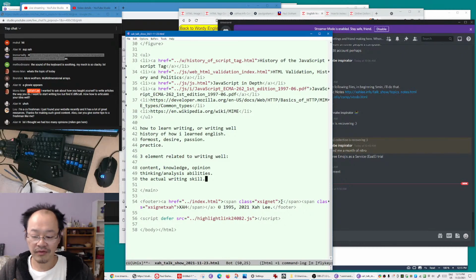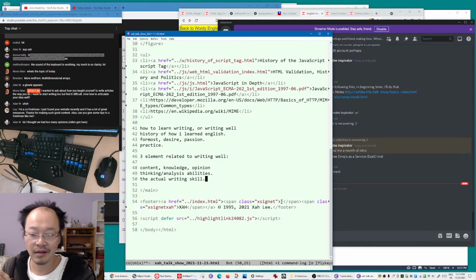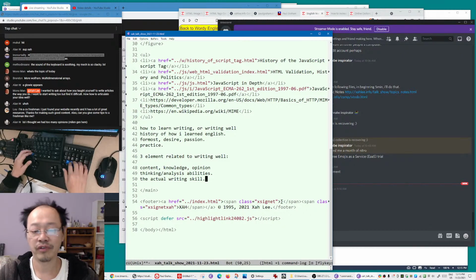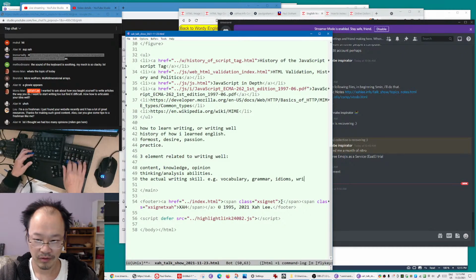So this part involves you have to know vocabulary, you have to know the nuances of the words, you have to know the grammar well, you have to know idioms, for example: vocabulary, grammar, idioms, writing style.